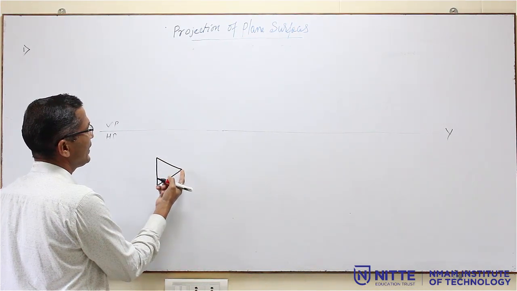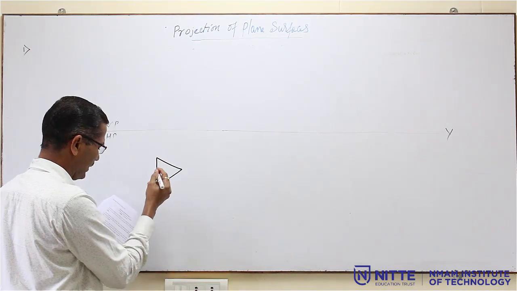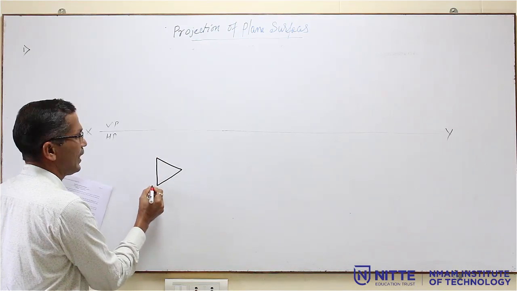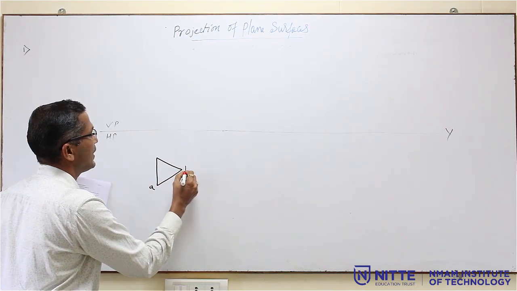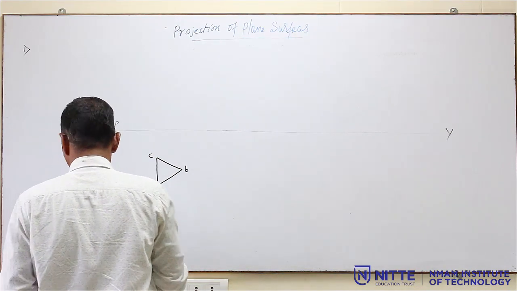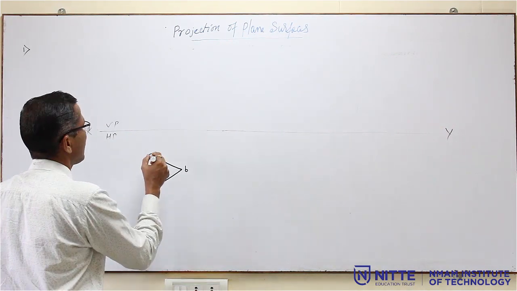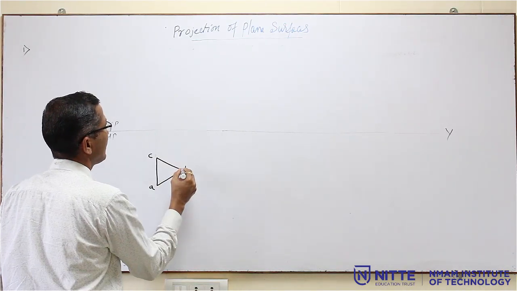If it is a corner condition, then this corner has to come here. Now, it is resting on one of the sides, so you have to get a side here and give the names. It is the top view, so we will name it A, B, C. Then project upward, project all the points A, B, C in the upward direction like this, with light lines.